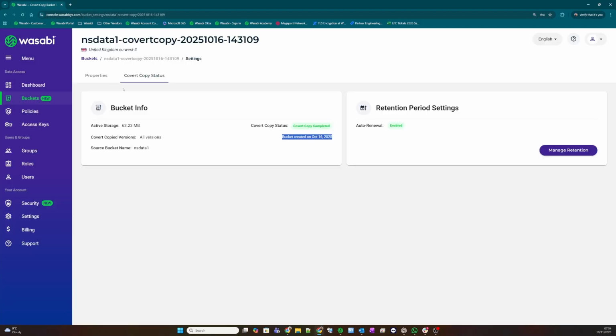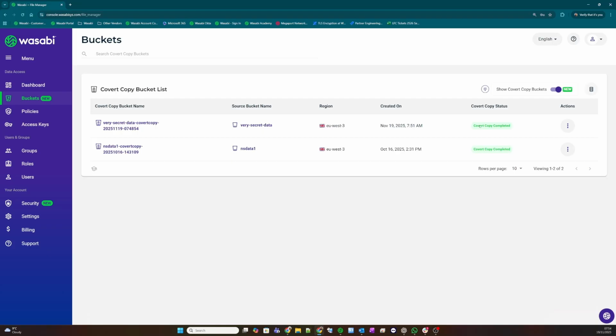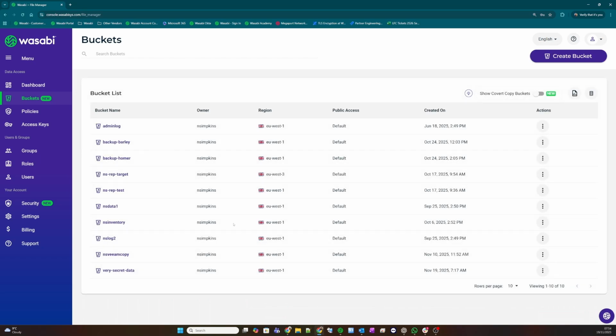So we're not going to do anything with this bucket. Let's just go back to the other bucket. So we can see that's now copied perfectly. So I now know I've got 2 hidden covert copy buckets. If I come back to my root user, they can't see the buckets unless they toggle this. And any other sub-user will not have this slider, and they will not be able to see any covert copy